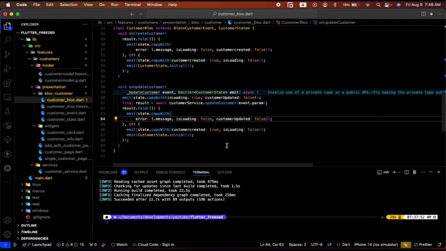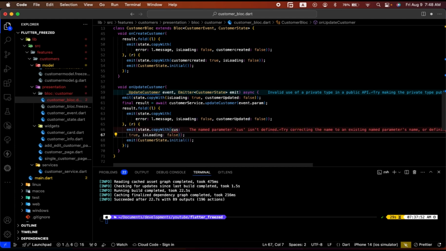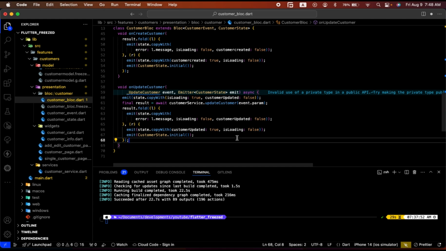And on the right side we're going to just say custom updated to true, and this loading is going to be false. And then at the same, we want to make sure the initial is, we emit after everything, we emit a state to be initial, but because we know after here we'll go back to